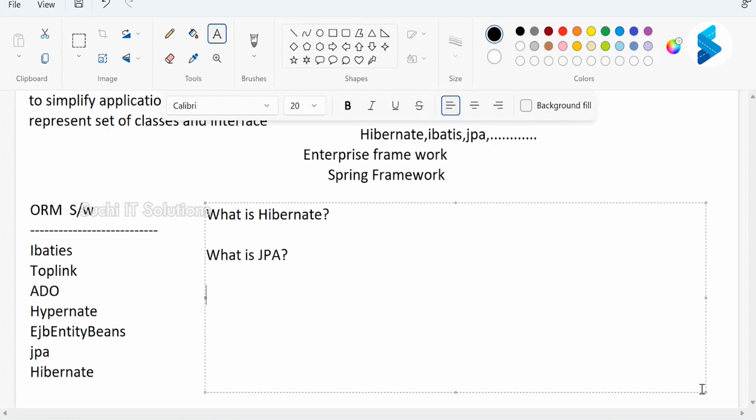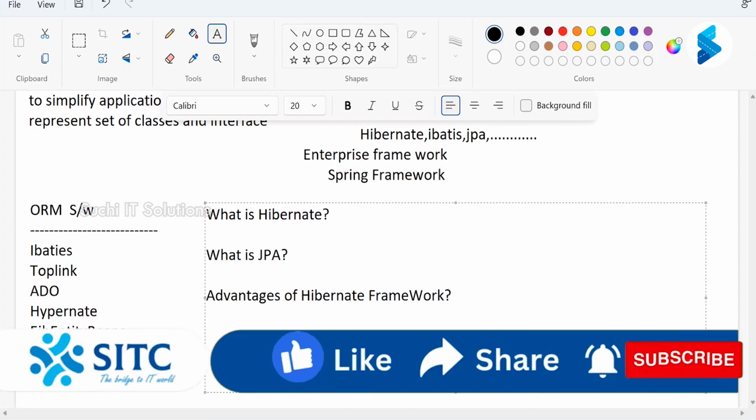Now, let me talk about advantages. What is the advantage, guys? Open source and lightweight.